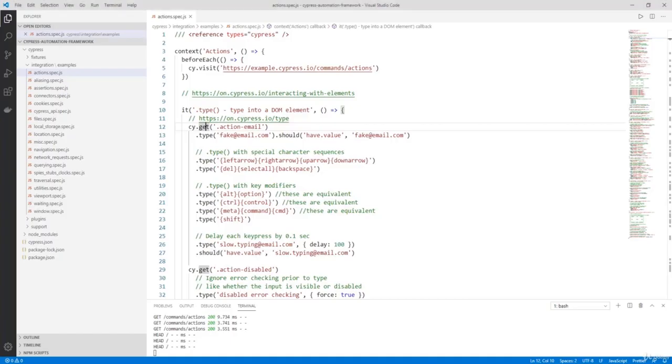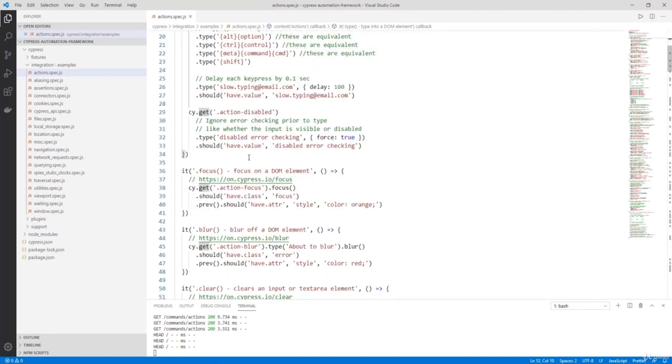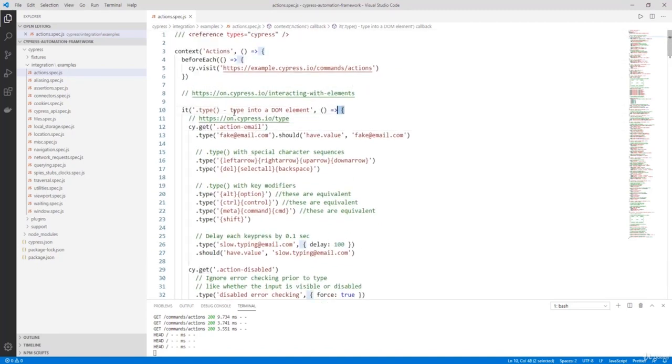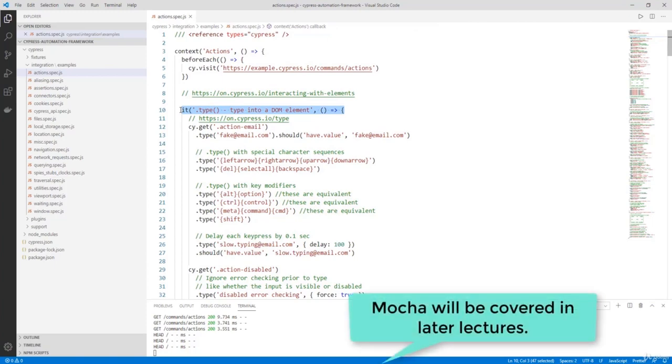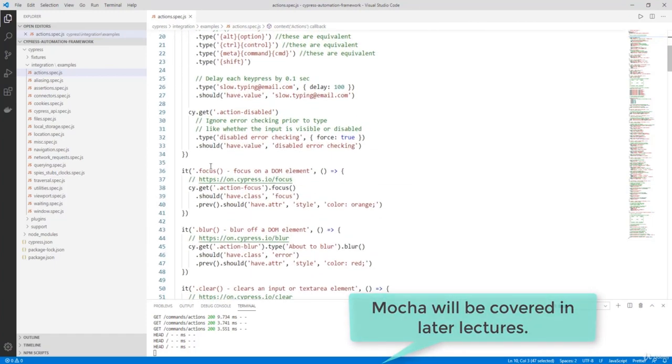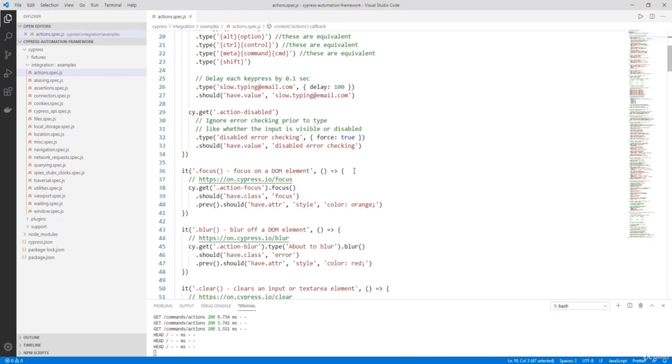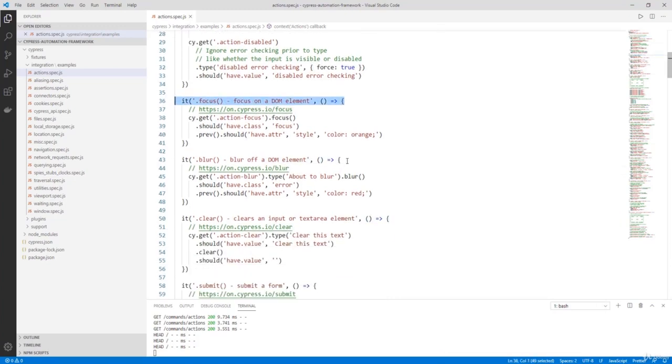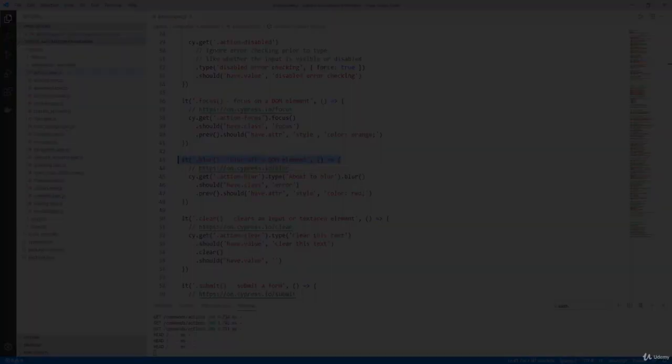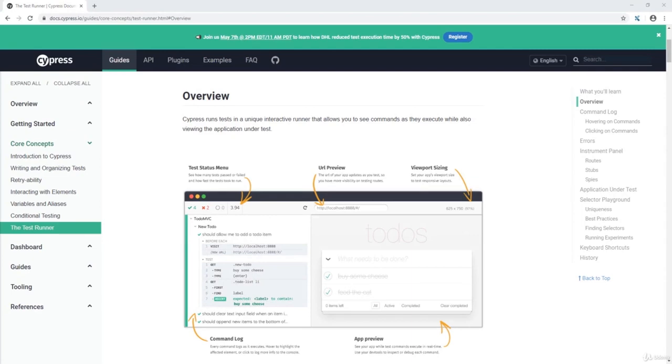So if we go back to our project, you can see that one of the tests was the following. So it's using Mocha. Again, this is going to be covered in a later lecture, so don't worry too much. This is just to give you a quick overview. Here's another test, and here's another test. So now we know what happens when we open Cypress for the first time, and we've also had an overview